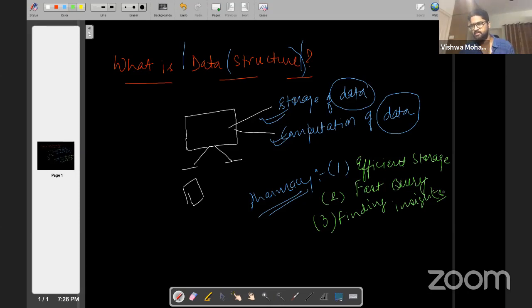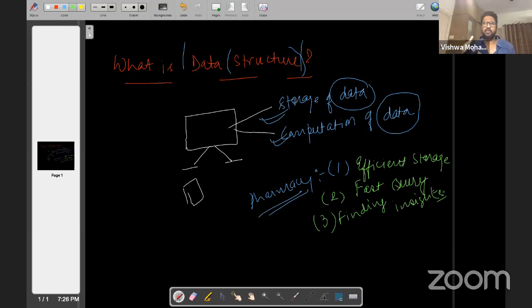Without understanding data structures well, I don't see a way in which you'll be able to do justice to your work. You might still be able to get a salary and work, but if you really want to do effective work on some scalable system to which you want to contribute, data structures are really something you should work on. Okay, so this is about data structures.